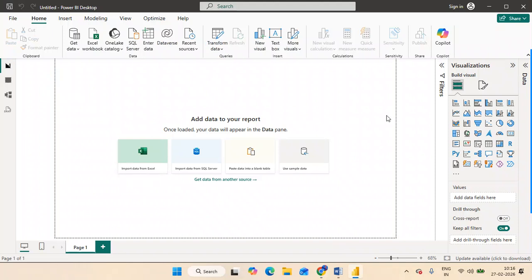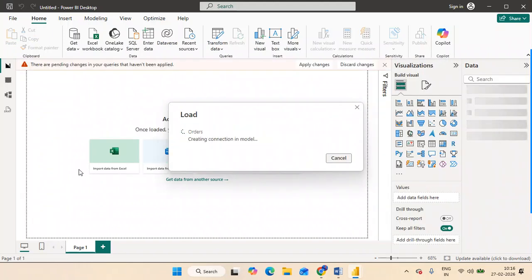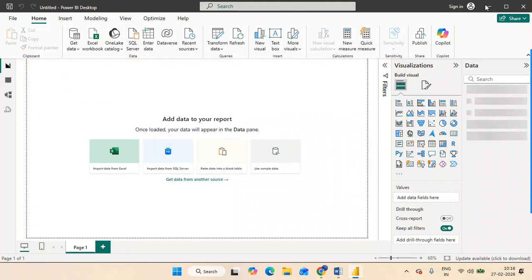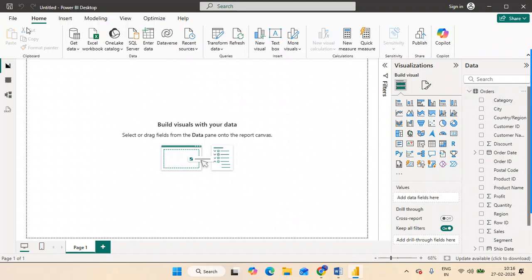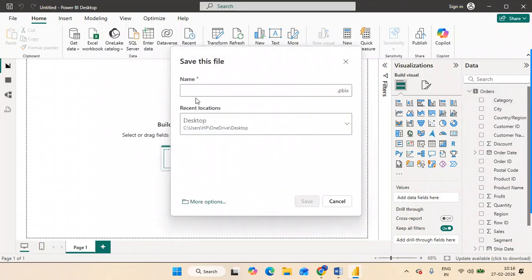So what will happen when you choose the import mode? When we choose import mode, it will ask you to save the file on our desktop. Import mode means it is going to ask you to save the file. So right now I'm saving this file, for example as sample superstore data. Here, where I'm storing it, it is stored on the desktop.